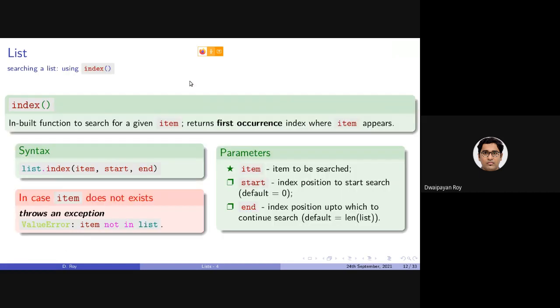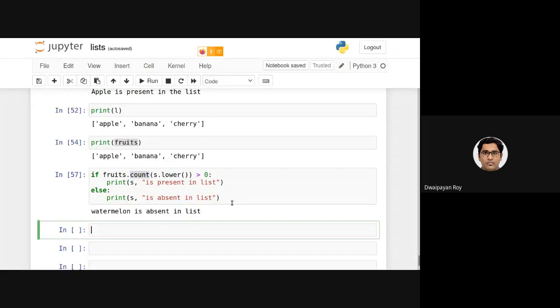To do that, there is a function called index. Index is again an inbuilt function in list that searches for a given item and returns the index value of the first occurrence of that item. So let's just print the fruits.